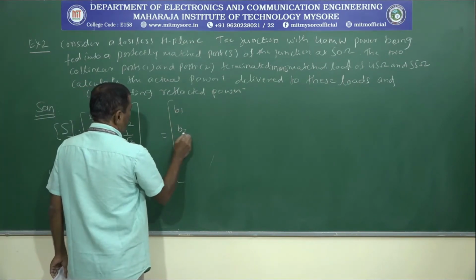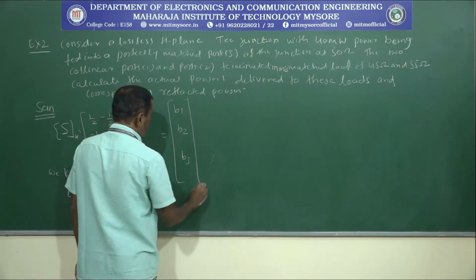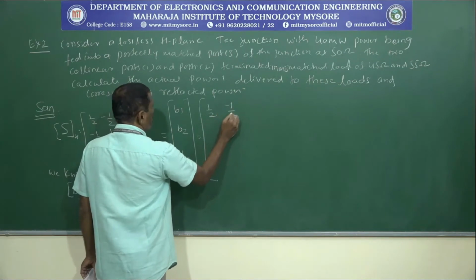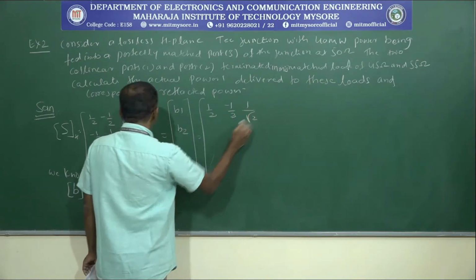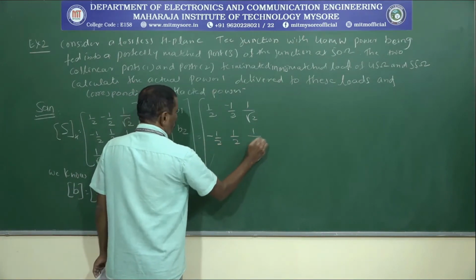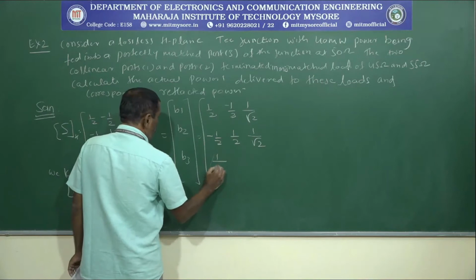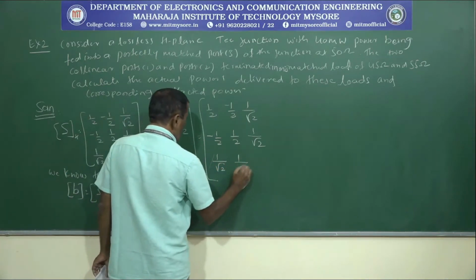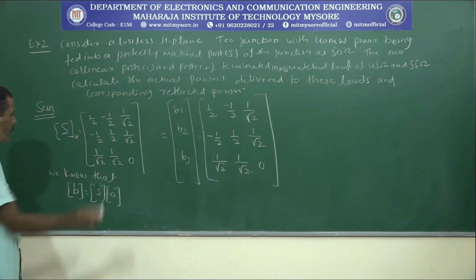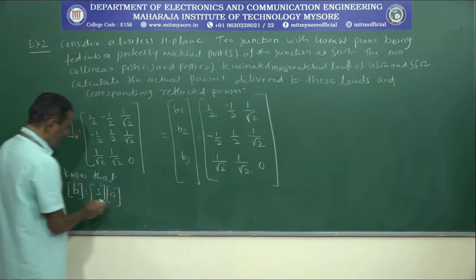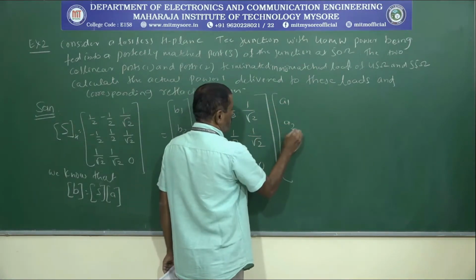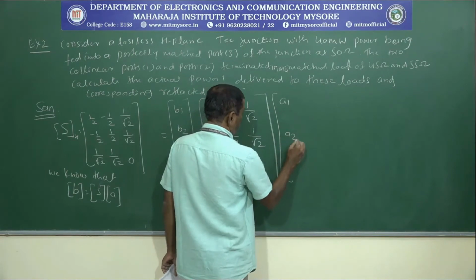So B1, B2 and B3, S is this matrix: 1 by 2, minus 1 by 2, 1 by root 2, minus 1 by 2, 1 by 2, 1 by root 2, 1 by root 2, 1 by root 2, 0. I am writing this matrix as it is once again, and here I write A1, A2